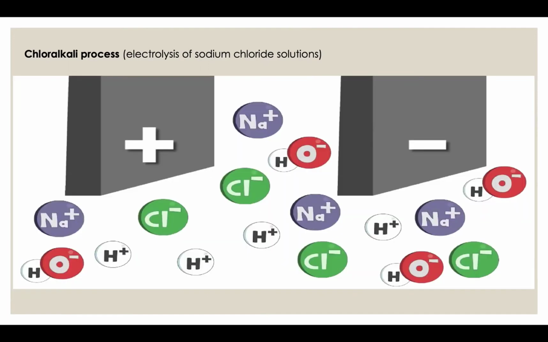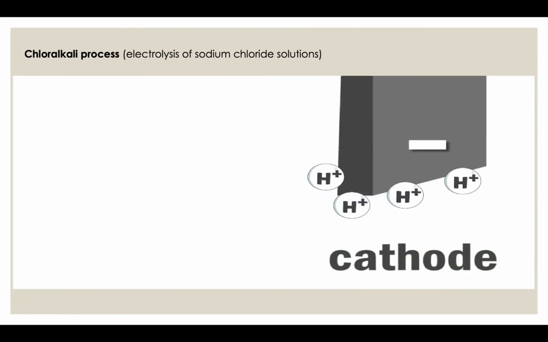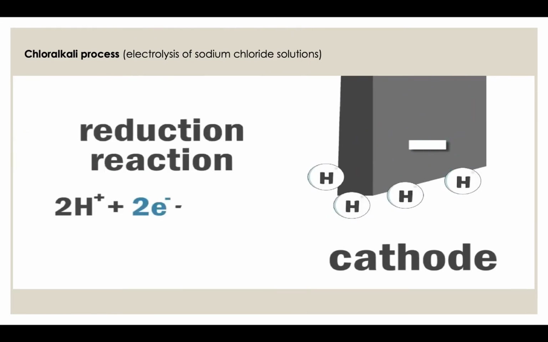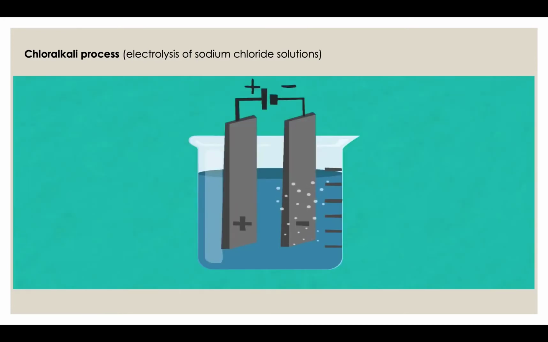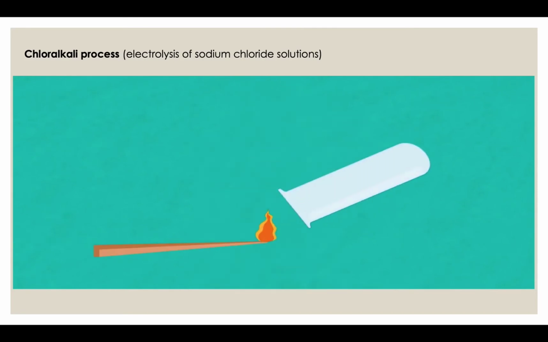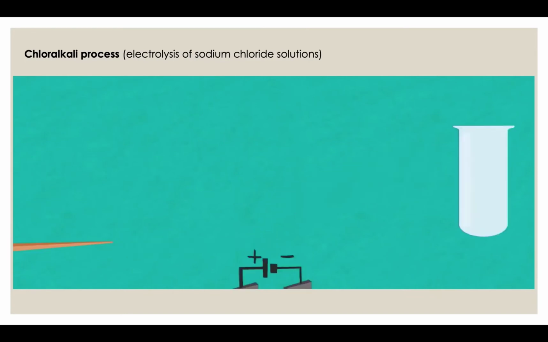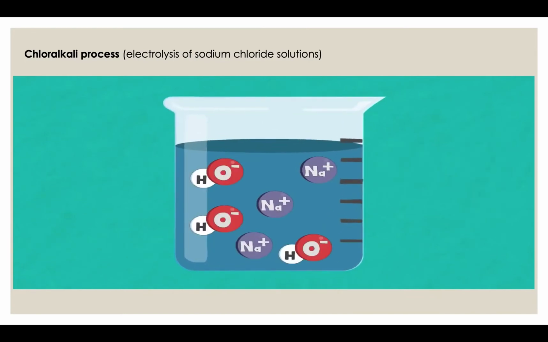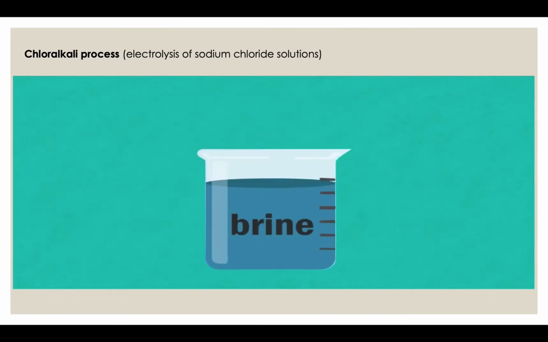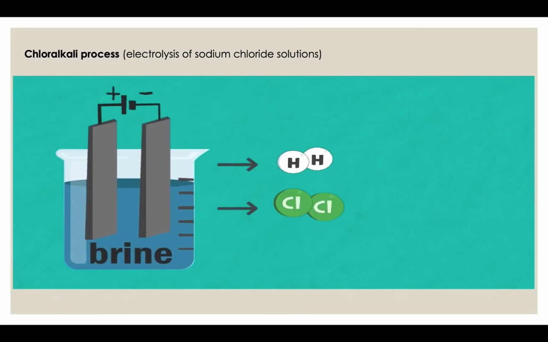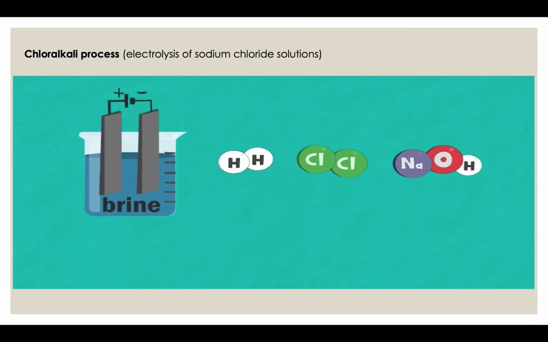Well, what about the cathode? It is negatively charged and attracts the positive sodium and hydrogen ions. The hydrogen ions each gain an electron from the electrode to form hydrogen atoms. Here's the equation. 2 hydrogen atoms then bond to form a diatomic hydrogen molecule, and that's the hydrogen gas given off. The gas here is colourless and can be collected in a test tube. The test to prove that it is hydrogen is done with a burning wooden splint, and you'll hear a familiar pop as the hydrogen burns. The ions left in the solution are the positive sodium ions and the negative hydroxide ions, which combine to form sodium hydroxide. Overall, the electrolysis of brine has produced hydrogen, chlorine, and sodium hydroxide, and so we can write a summary equation.